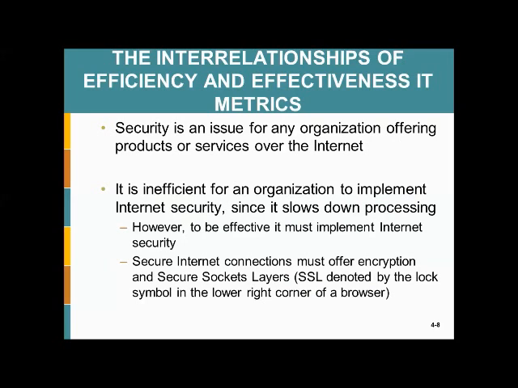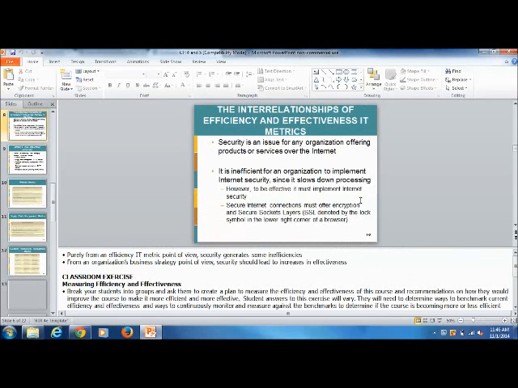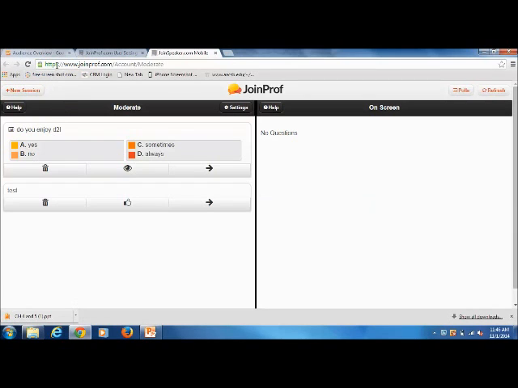We also talk about in this chapter security and how that kind of can slow things down a little bit. But I wanted to specifically talk about SSL, or secure socket layers, and give you a real quick, simple example of what happens with that. You've noticed in your browser, let's find a browser, you'll notice this HTTPS oftentimes. If you're doing a transaction online, you'll see this padlock and you'll see the S.